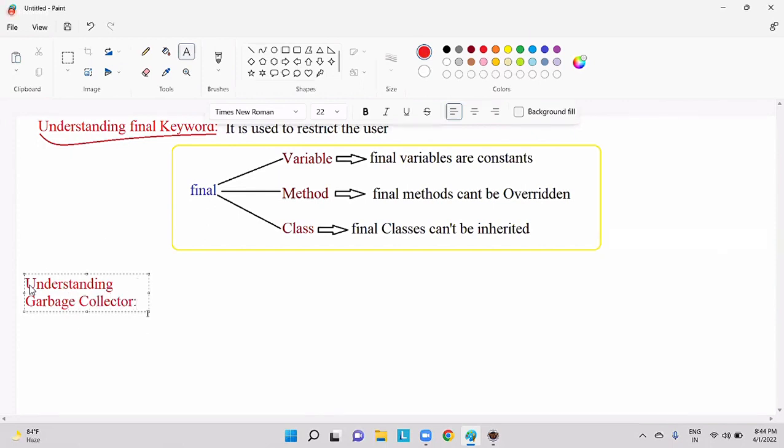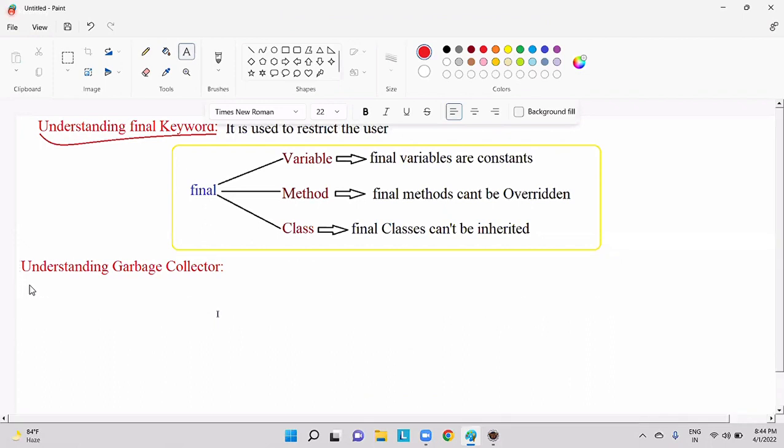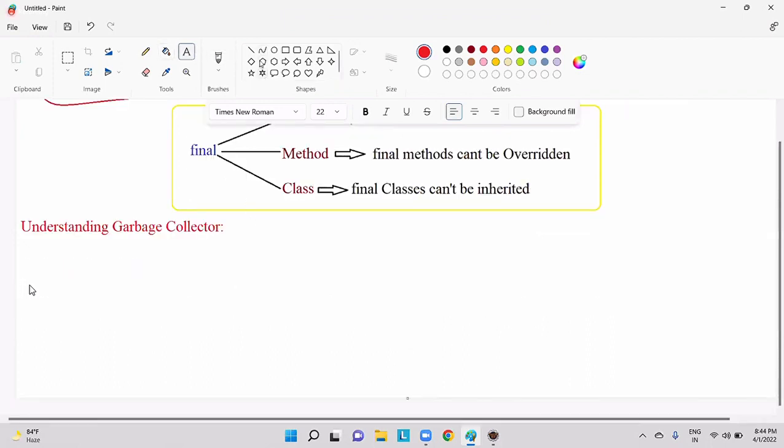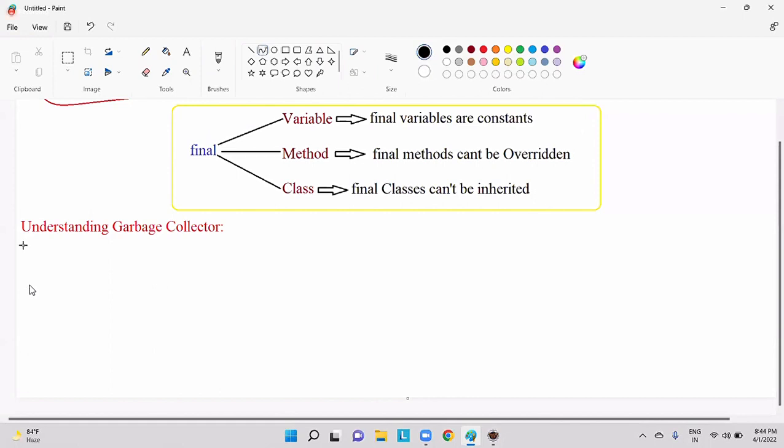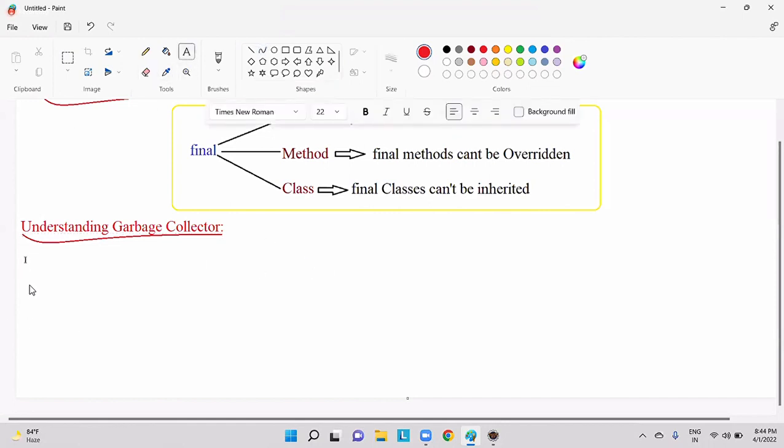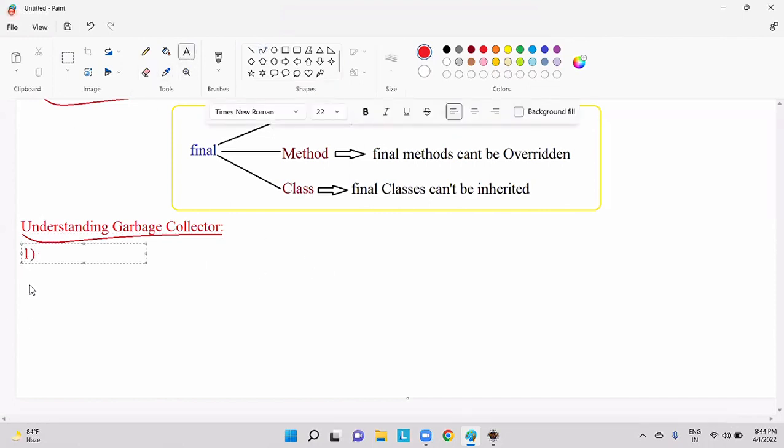The very first point which you need to remember in garbage collector is, guys, garbage collector is a daemon thread. Let me write a small point.